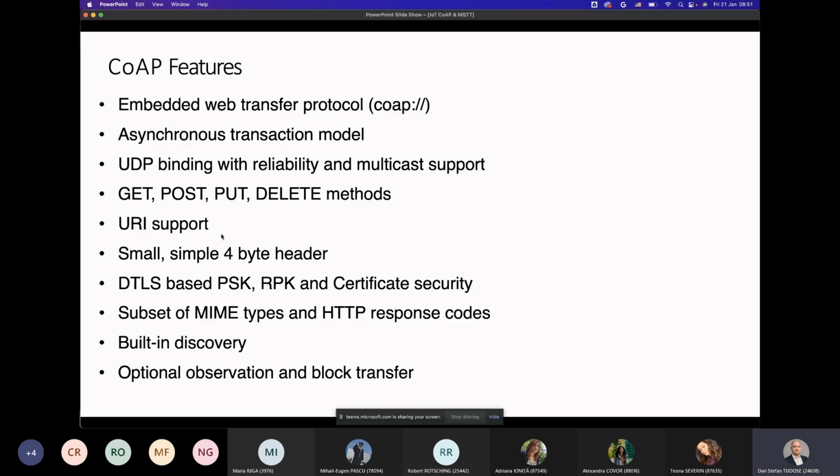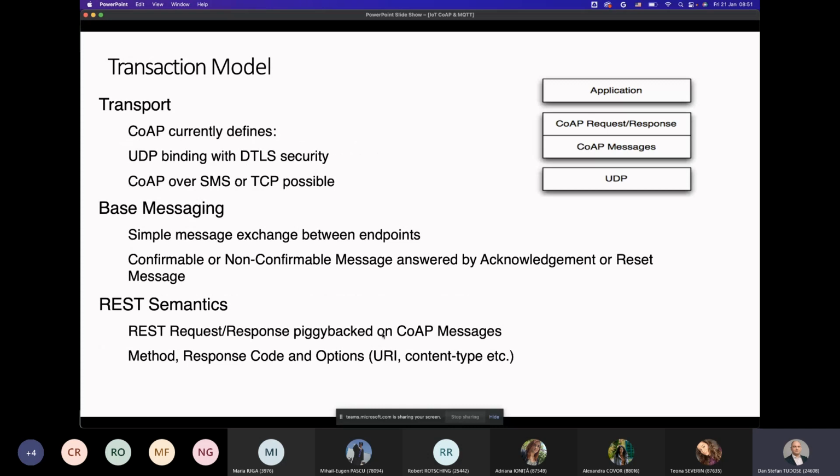But dissimilar from HTTP, it's got a very tiny communication overhead. For example, you only need a 4-byte header for CoAP packages within the network. You've got DTLS as a scheme for security, and built-in discovery, observation, block transfer, and so on. Let's talk a bit more about what these mean.